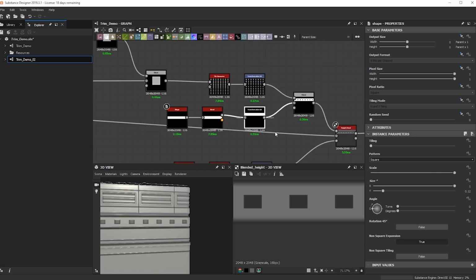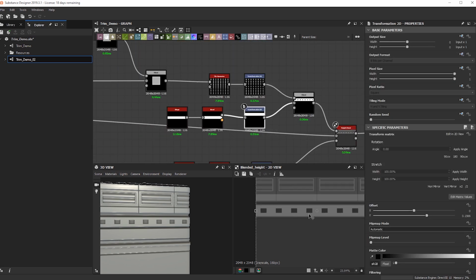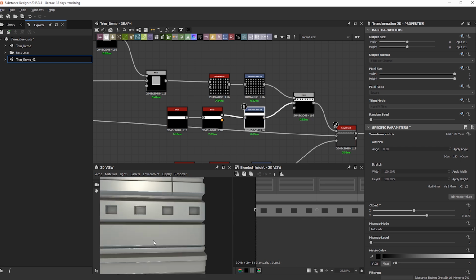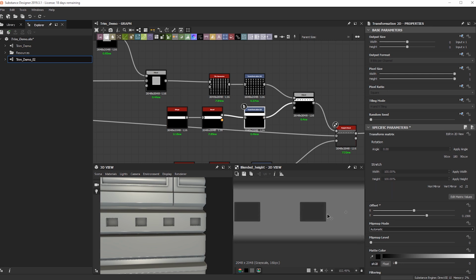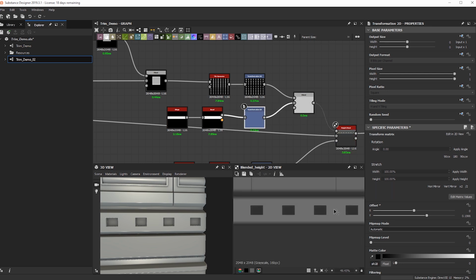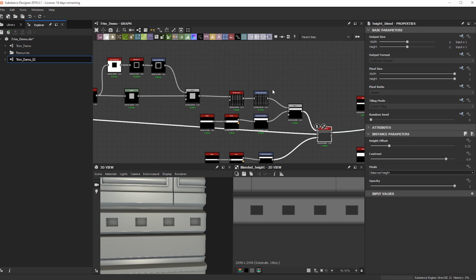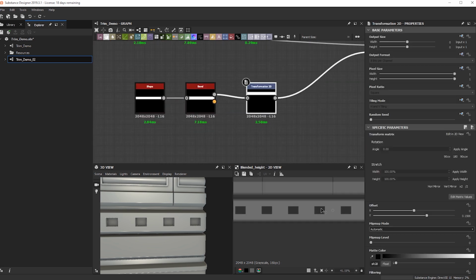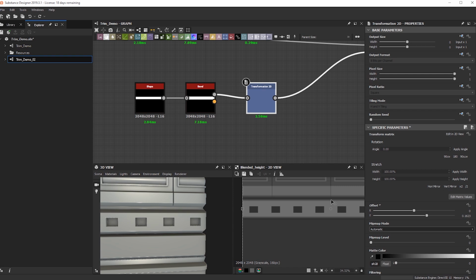Let's actually just move this guy up into position a little bit. Looks like, where is that happening? It might be on this mask that I have here. So yeah, there we go.